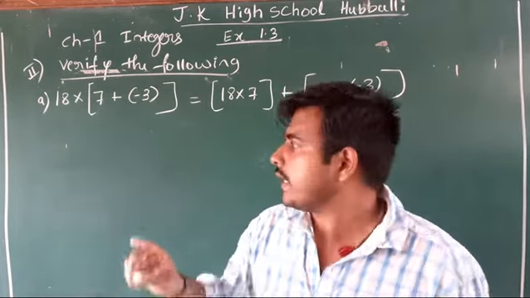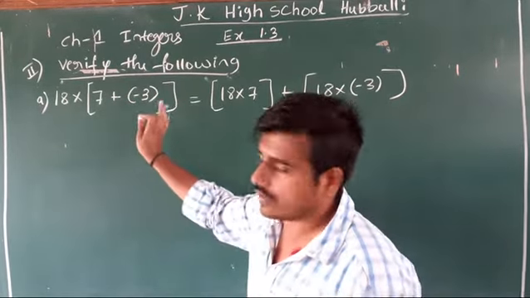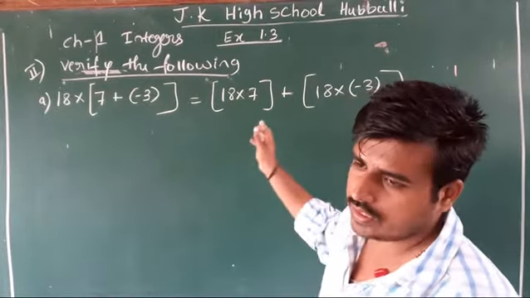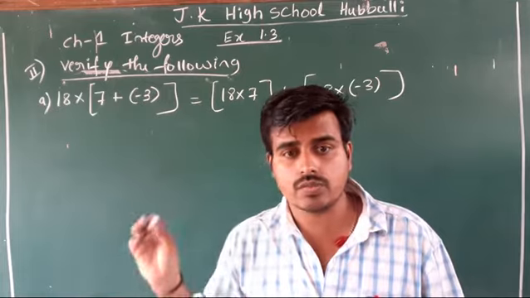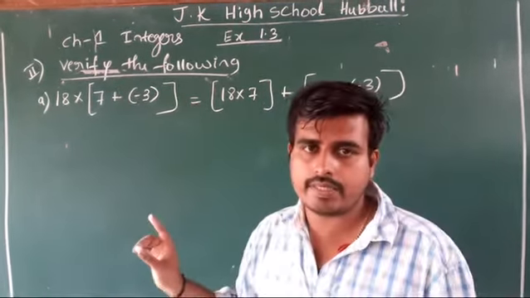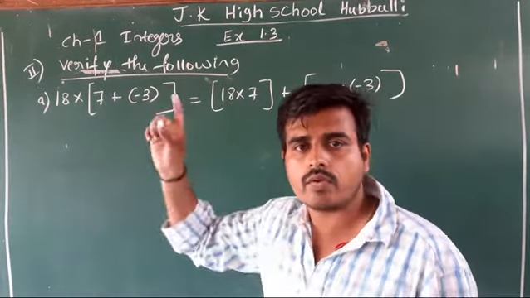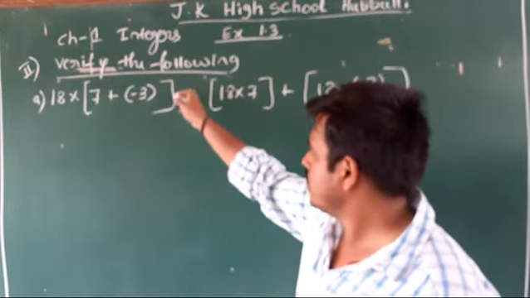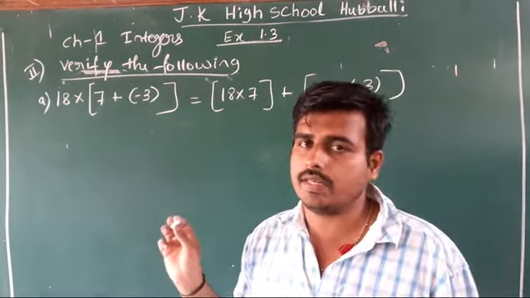The left side of the equality is known as the LHS, left hand side, and it is equal to the right hand side, RHS. Now you have to check whether what they are telling is true or false. If yes, then the equality sign will remain as it is. If it is not equal, you have to remove this equal sign and use the inequality sign. You slash it: if you use one slash in between those two lines, it becomes the inequality sign.